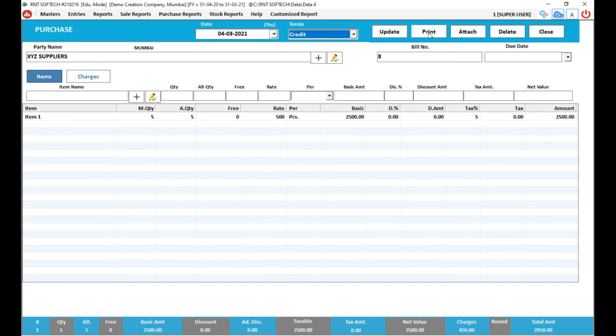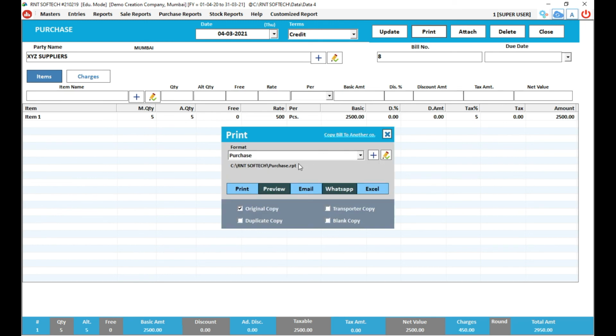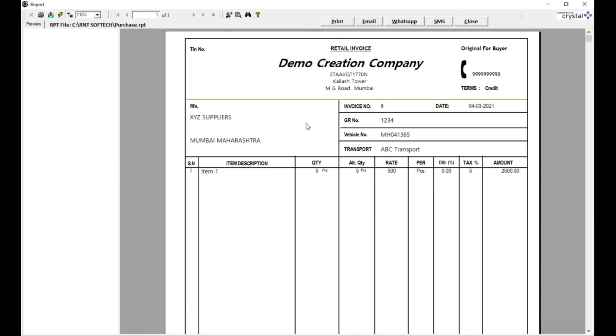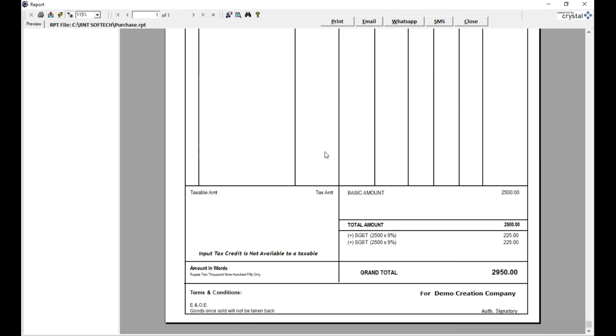Now, in order to take a printout of this, go to print. I'm selecting this, see preview. And it gives the complete details about the invoice, SGST, CGST, etc.